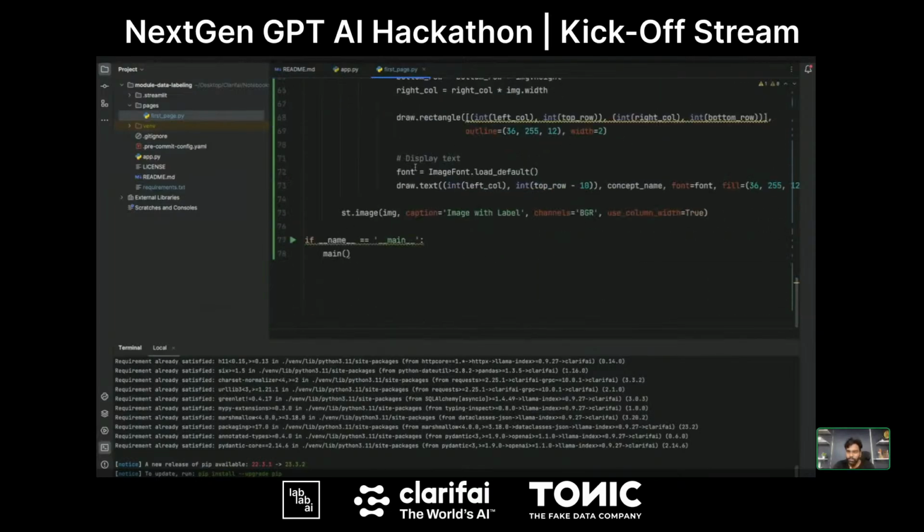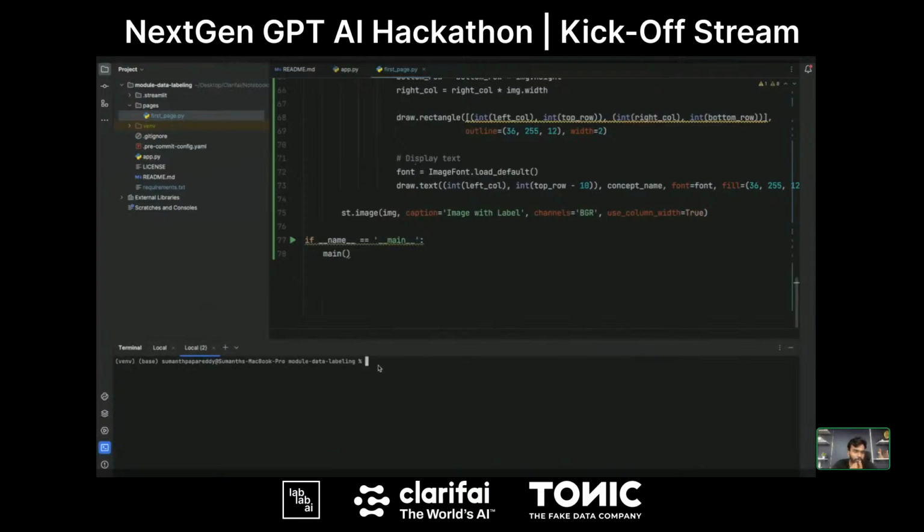Now let's test this module. We've added all the code, so let's test whether it's working fine locally. Once we make sure everything works locally, we can go back to deploying this module. In order to test, I'll open a new terminal here. To test your Streamlit app locally, all you need to do is pass the command streamlit run and your Python file.